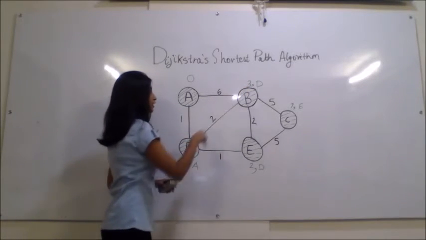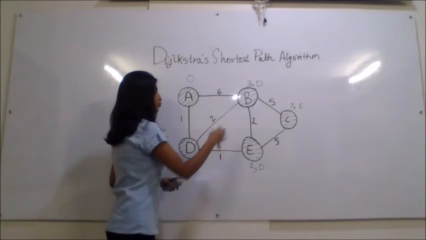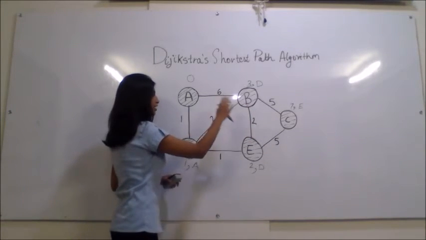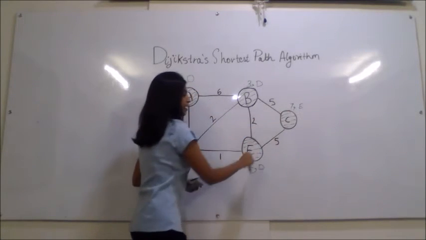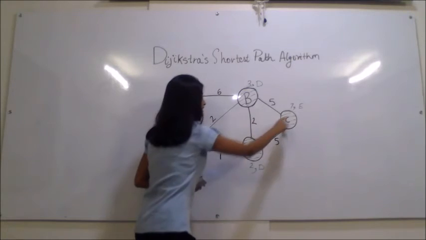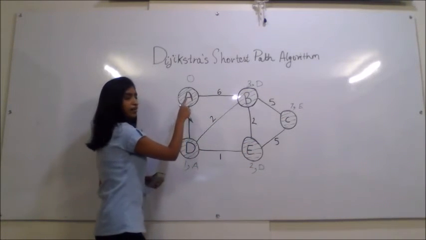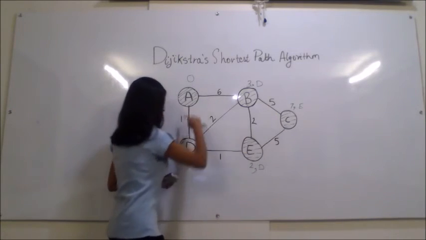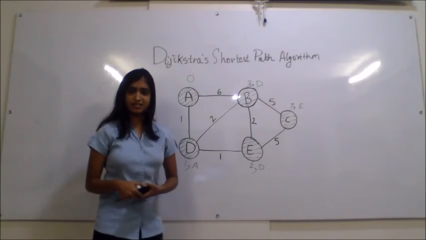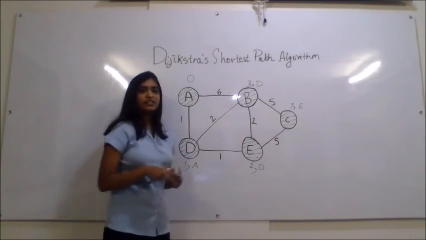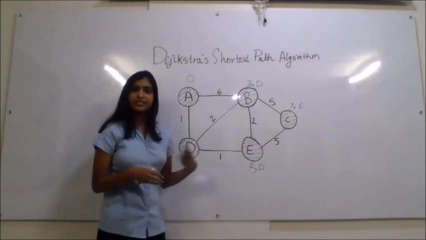B is at a distance of 3 from A, C is at a distance of 7 from A, and so on. So in order to find the path to take to reach from A to C, I'll look at the parent values that I have written here. So C has a parent E, has a parent D, has a parent A. So that's my path. A, D, E, C is my path to go from A to C in the minimum distance. So similarly, you can find the shortest path for all the other vertices also in a similar manner.